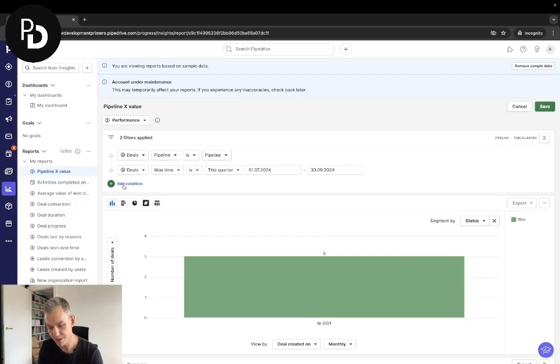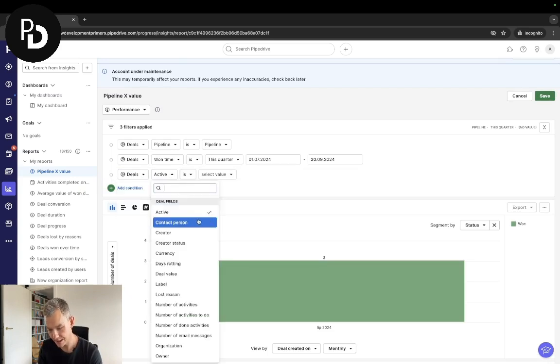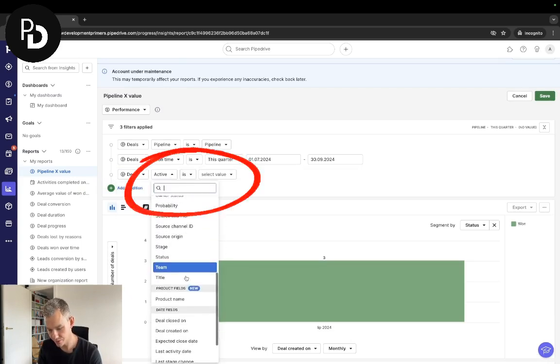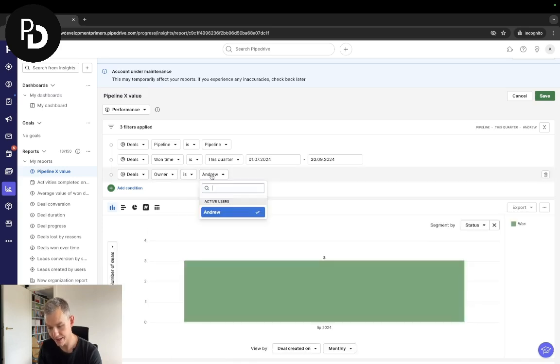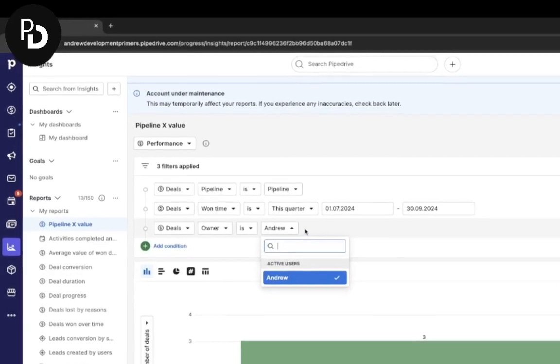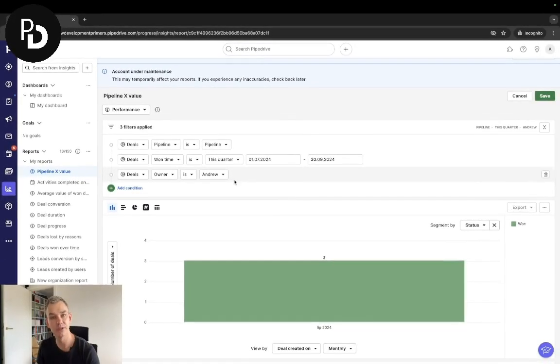So what you will need to do is to add a condition, and here you can choose deals, and you are going to choose owner is Andrew. Yeah, I'm Andrew in the demo, right? So I only have one person. But if you had 5, 7, 8 people, you could choose to see only the deals for this